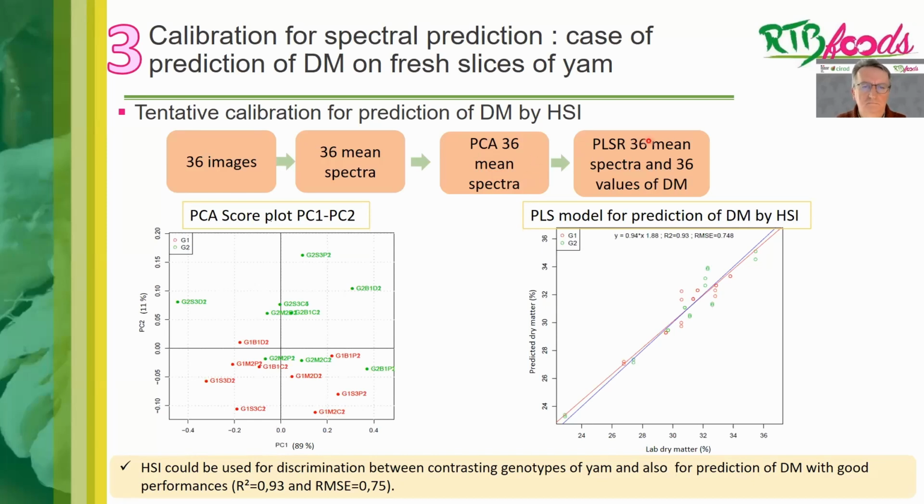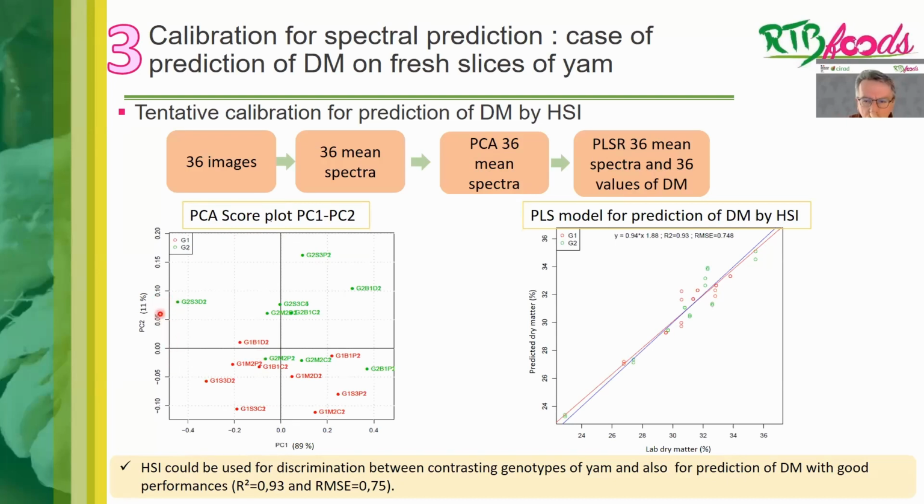And then we also apply partial least squares regression of the 36 mean spectra and the 36 values of dry matter. So here on the left, we see PCA score plots in PC1 and PC2, the first two axes, and we see here